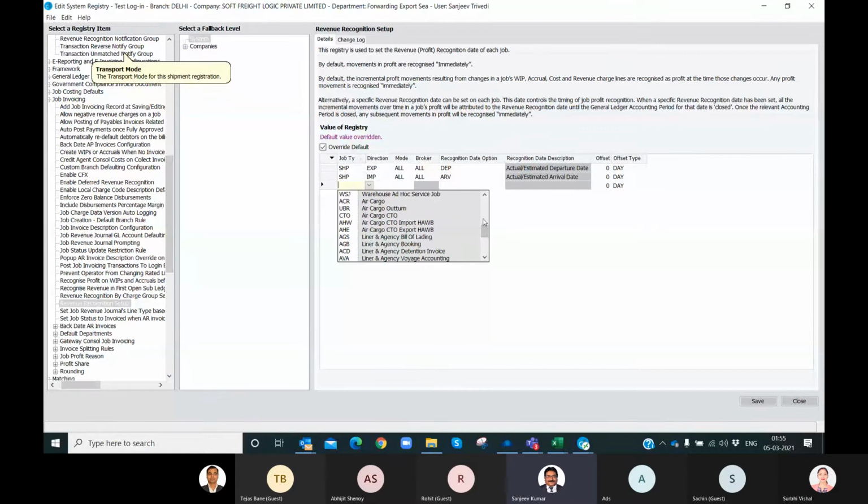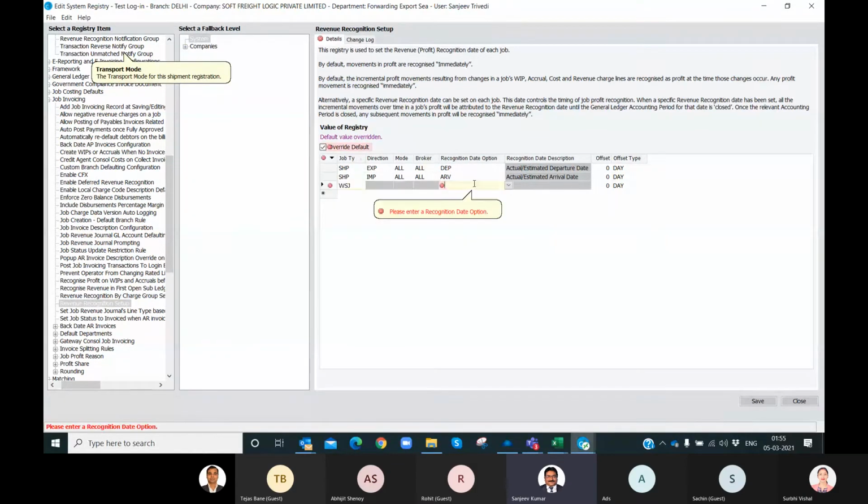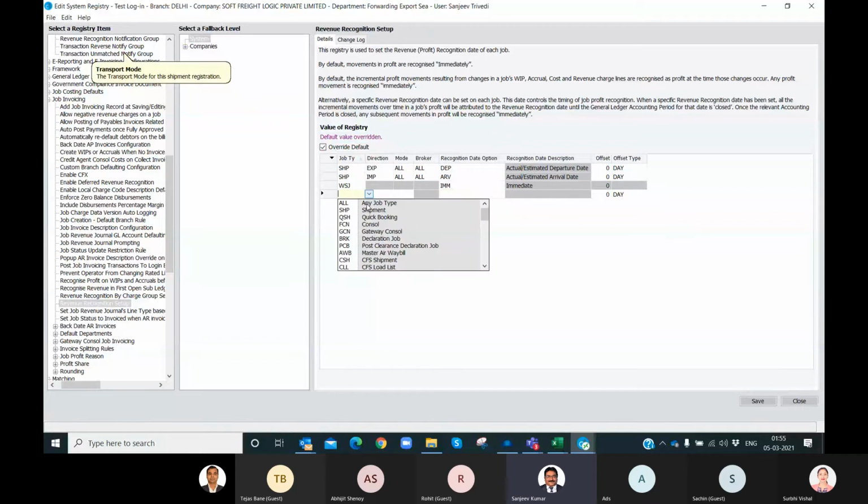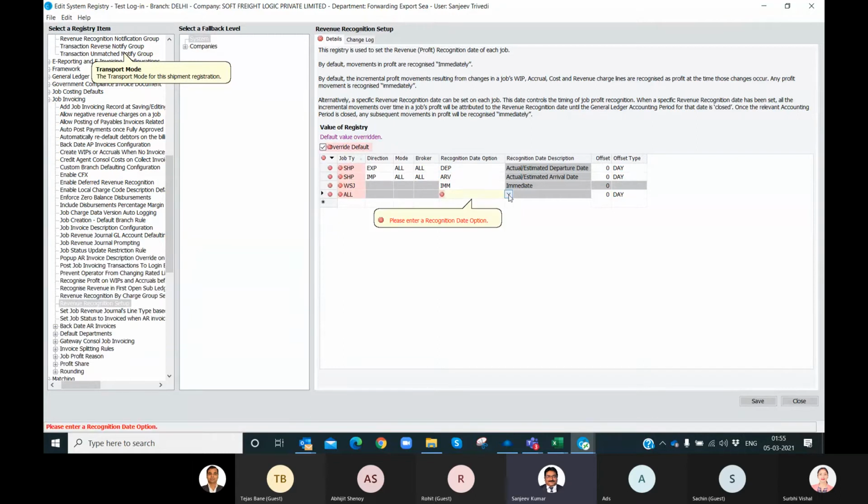Suppose I want that for ad hoc job, it should be on immediate basis. This way one can create a revenue recognition style. And other styles, if you ask me, are like job close date, job open date, first posting, post date of first AR transaction. So this way, there are various ways, we need to configure what best suits your company.